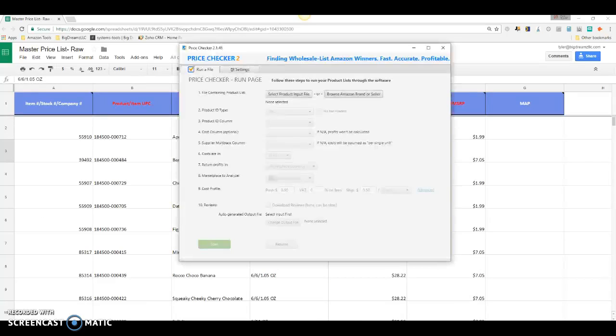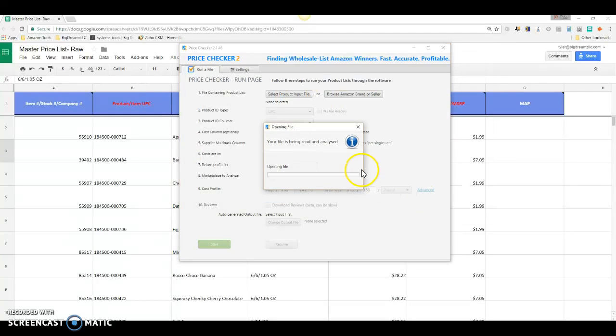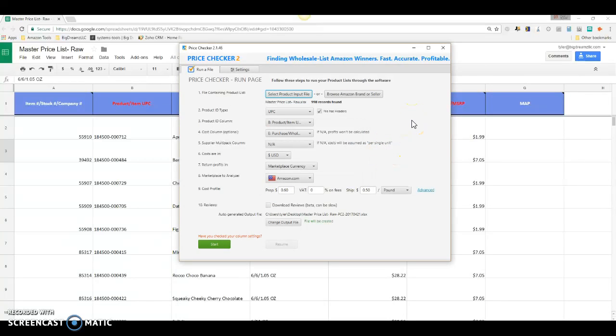Then when you go back to Price Checker, I'll click Select Product Input File. Let's see if I can find it on my desktop. Master Price List Raw, that'll probably still be the name, would be my guess, unless you've changed it for some reason, which I would ask you not to, just for sake of simplicity. Click on that, and what that's going to do, so I've got it. Oh, I don't have it pulled up here. I'll pull it up really quickly. But assuming the upload goes well, which it obviously should,